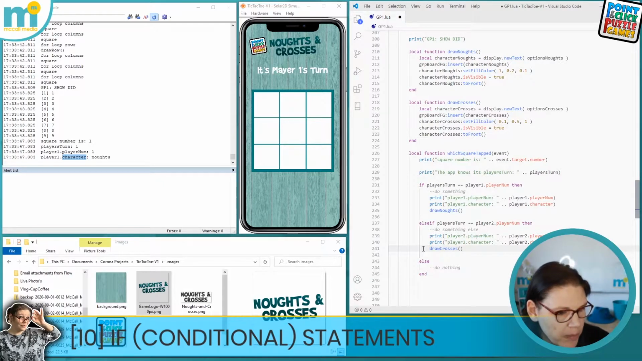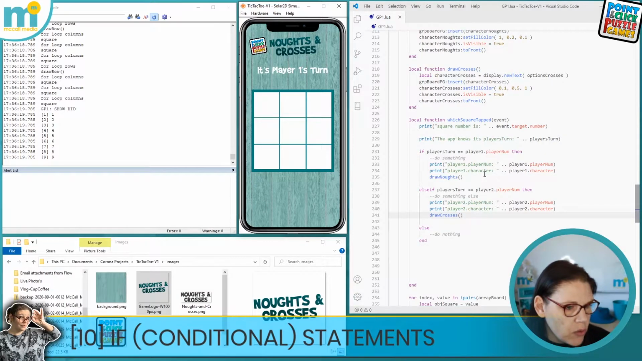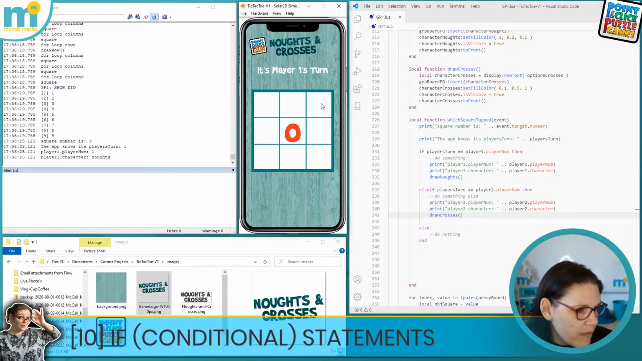So let's just start off by saving, and let's test that the naught and the cross do actually appear. It'll appear in the wrong place, but we've got the naught, so that's fine. So it's player 1's turn. We just clicked on 3, but the naught is showing on the screen, we just haven't positioned it yet. And then if we do this again,